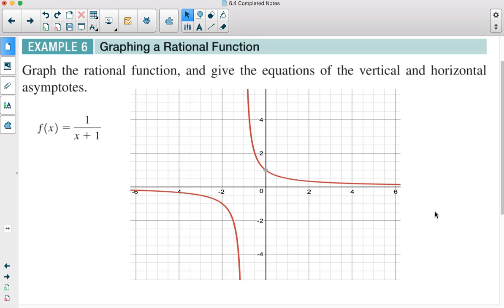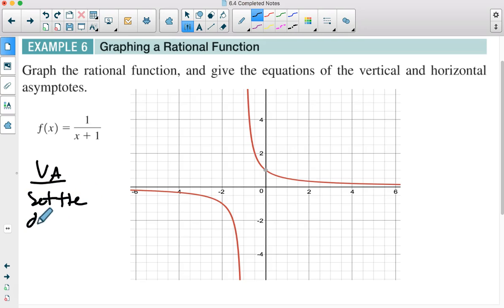So we're supposed to find, okay, so we graphed it, but now it says find any vertical or horizontal asymptotes. Okay, well, you find your vertical asymptotes by setting the denominator equal to 0. And we've been doing that to solve all of our rational equations, right? Like we want to find the domain. So if I set our denominator equal to 0, x plus 1 equals 0,